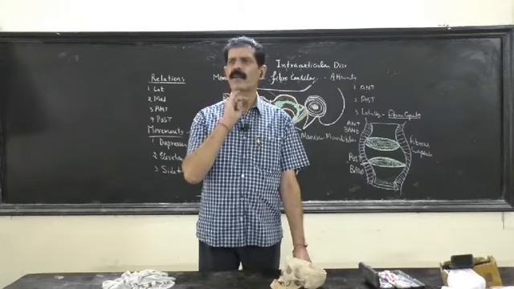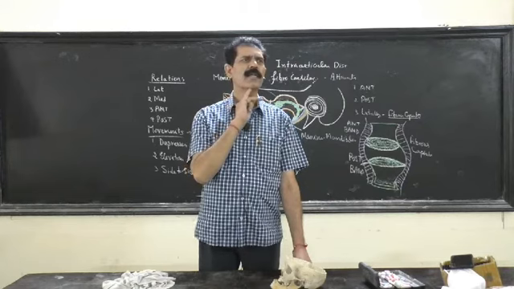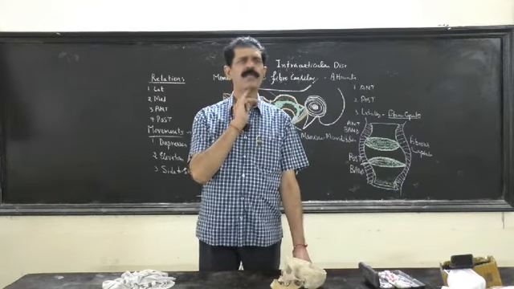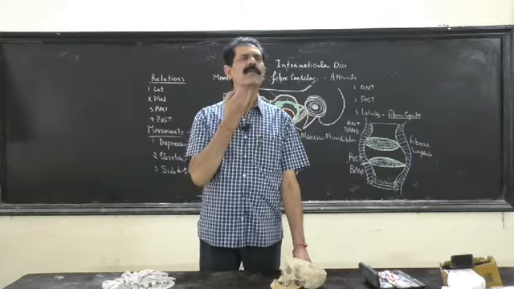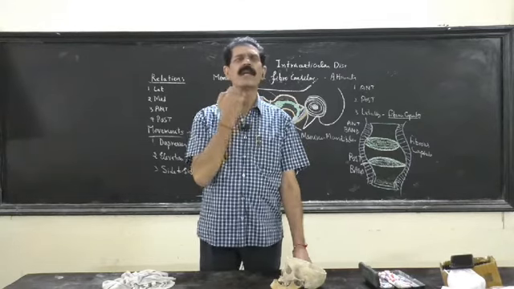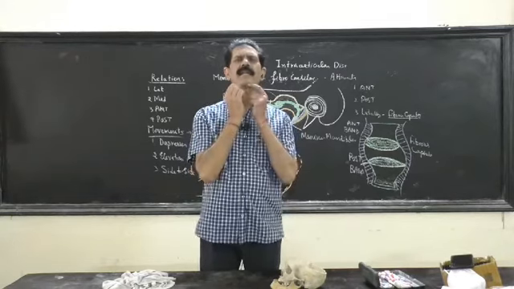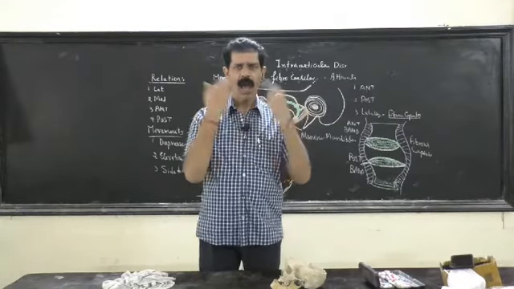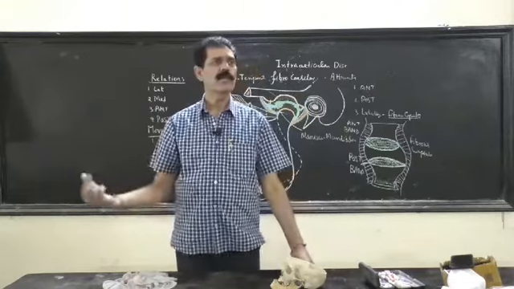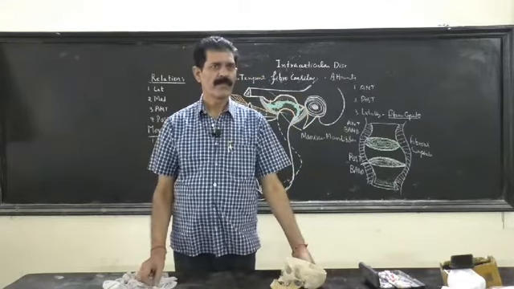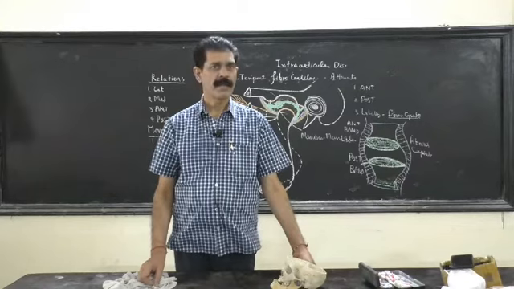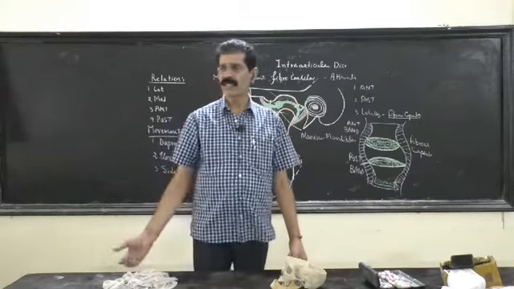Mylohyoid line, mylohyoid muscle. Digastric fossa, anterior belly of digastric takes origin. Inferior genial tubercle, geniohyoid. And all are going to insert into the hyoid bone, which lies in the middle. So whenever these muscles contract, the mandible or the chin goes down and the mouth opens. So this is how to explain depression or lowering of the mandible with these muscles.